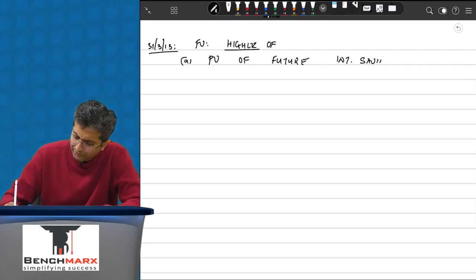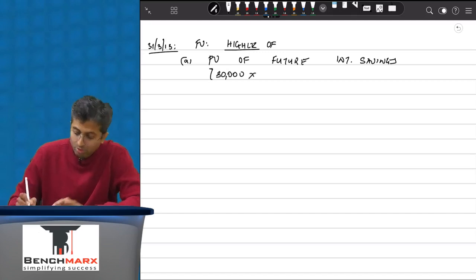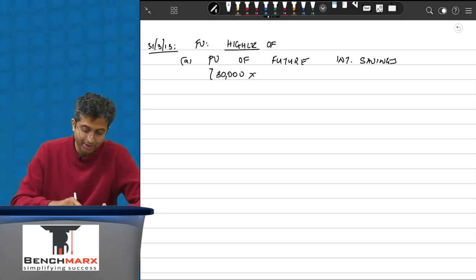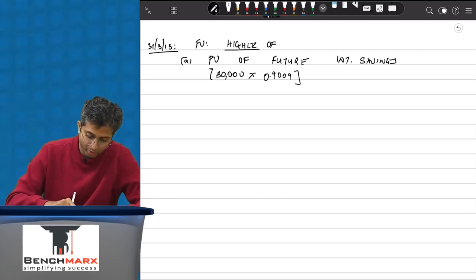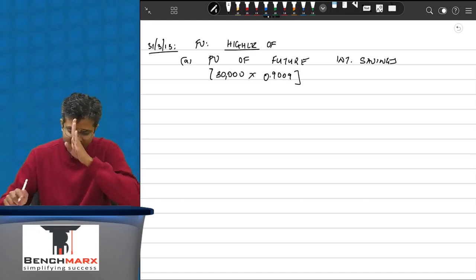At the end of year 2, there is only 1 year remaining. So if someone were to give the guarantee at the end of year 2, we would say you will help us in saving interest for 1 year only, and hence the value is 30,000 into 0.9009,